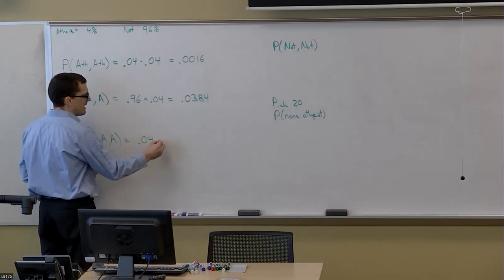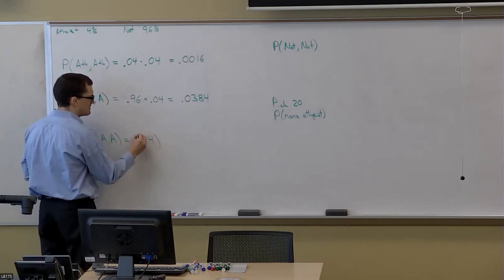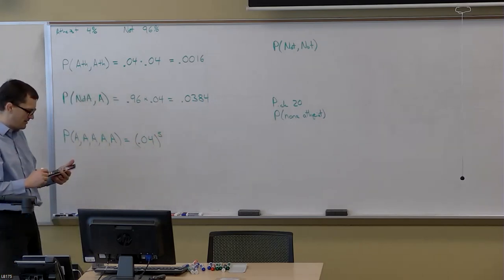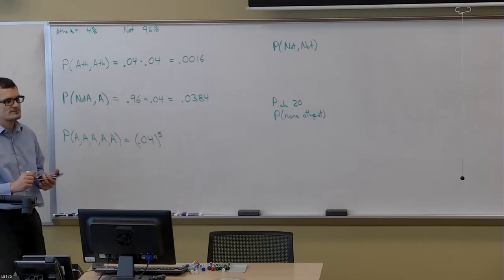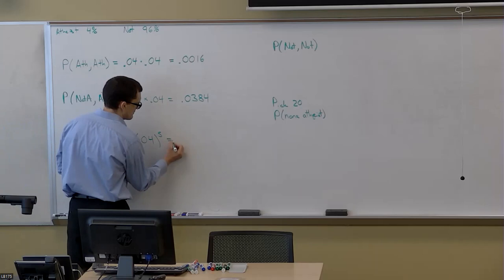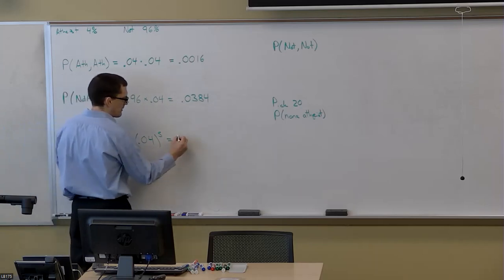Instead of writing times 0.04 times 0.04 times 0.04, I'm simply going to raise that to the 5th power, because that's what multiplying itself 5 times in a row means. So 0.04 to the 5th power is